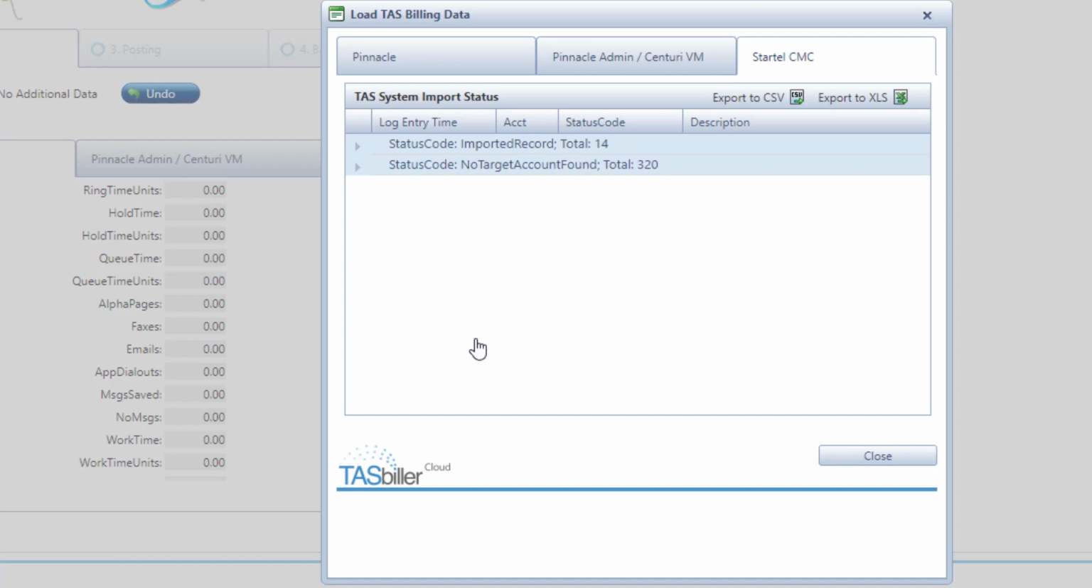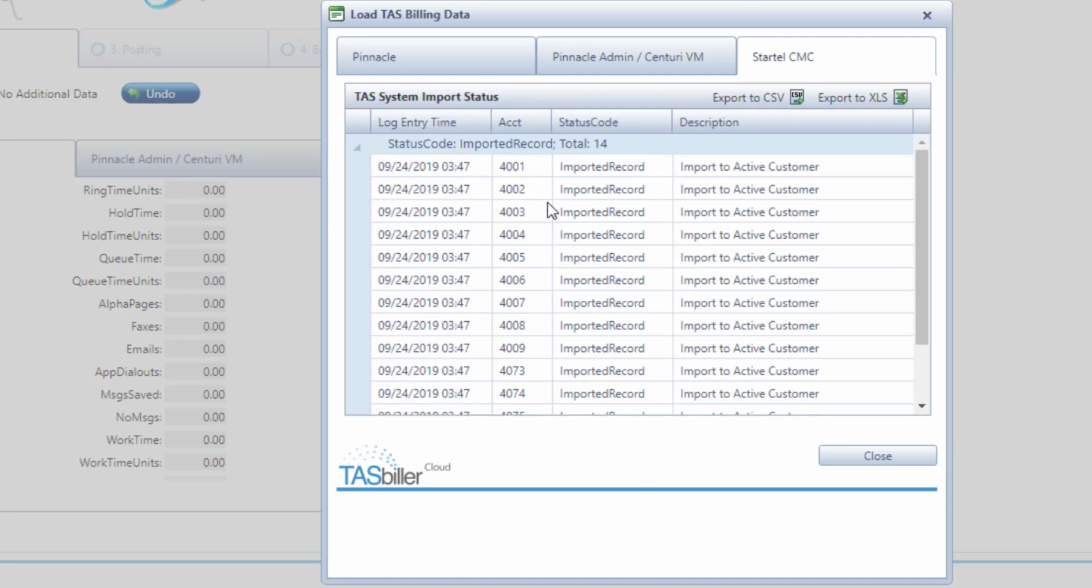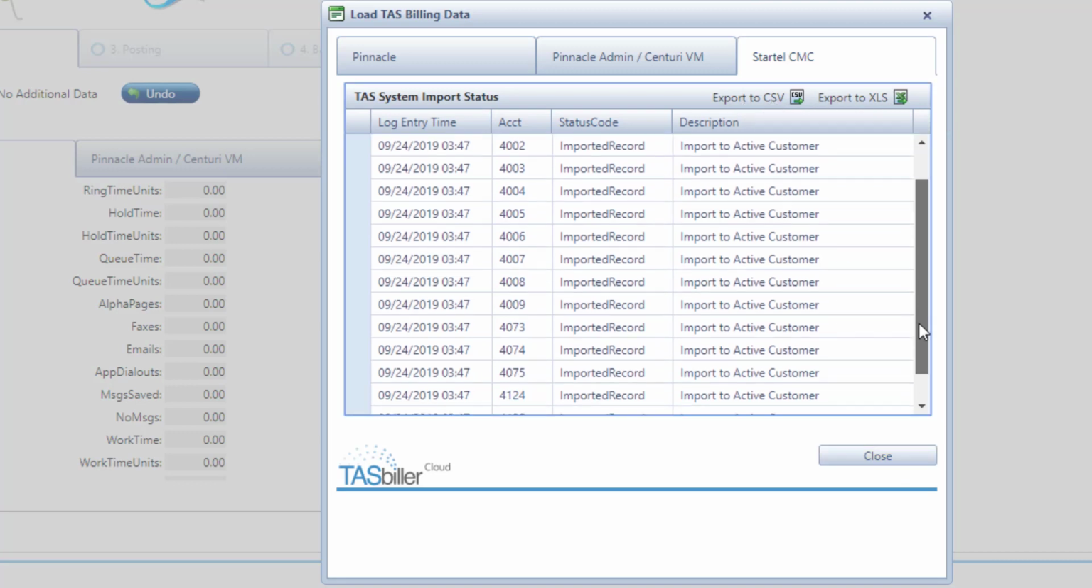Now, this file has all of the records for one of my companies, so I expect to see quite a few not found. Normally we wouldn't have that. It did find the 14 accounts I do have set up in my demo database. I can export this exception report to an Excel or a CSV file